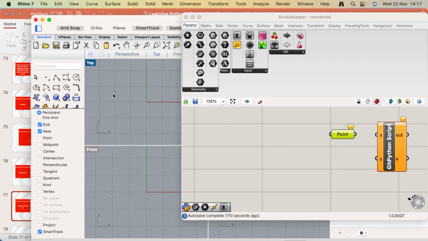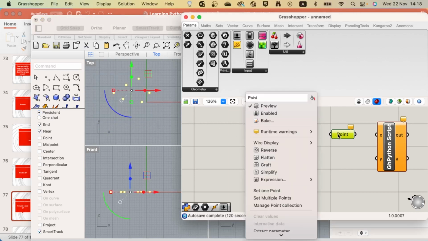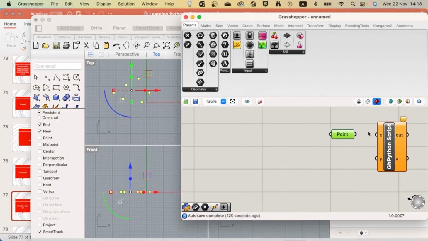There we go. And we'll just make a bunch of points. You select all that, right click, set multiple points. Okay, so